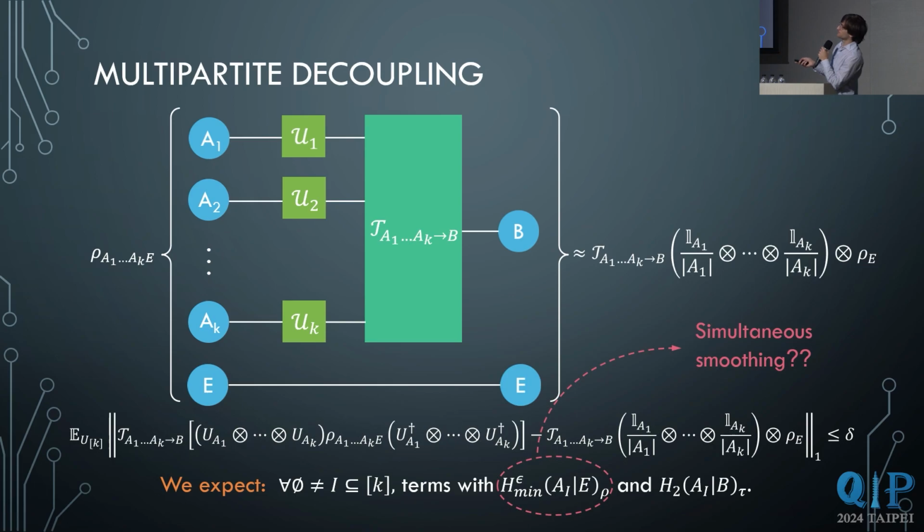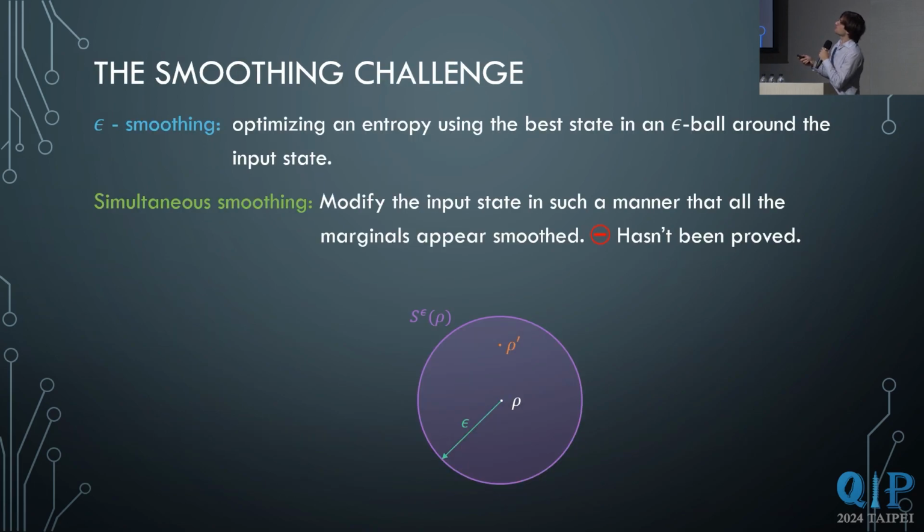Let's just first see what the problem is, what is smoothing and what is simultaneous smoothing. Smoothing is just an optimizing problem where we want to compute a certain quantum entropy in the best state around an epsilon ball, so the best state around an epsilon ball around our input state, right? We do this to bypass any kind of atypical behavior that our input state could have. Maybe it has an eigenvalue that is zero. Maybe it has some kind of marginal purity, and this sometimes can make quantum entropies go rogue. So we just smooth this so we can optimize the error rates that we are calculating.